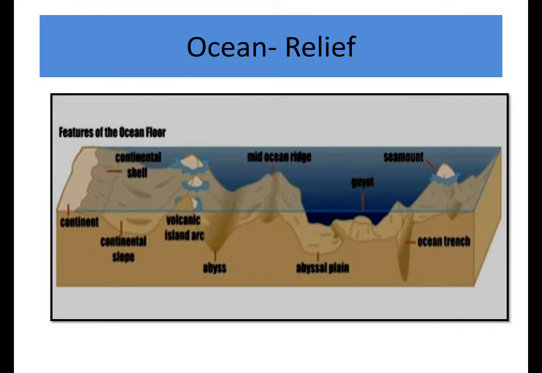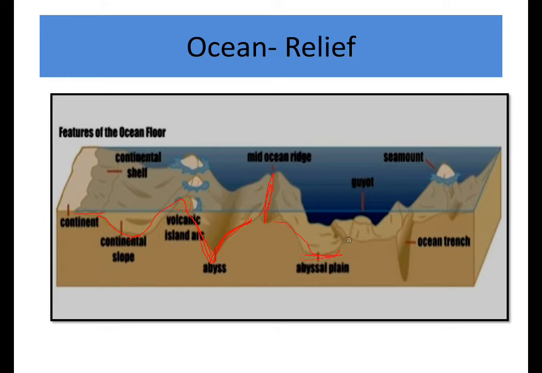Next, we can see some other minor relief features also occur. Here the submerged region is called the continental shelf. Here it's a slope region, a steep slope region. Here are some volcanic island arcs, islands of volcanic origin. So many volcanic islands are there, and near the islands or any mountain region there are trenches and other forms. Here the mid-oceanic ridge is there.